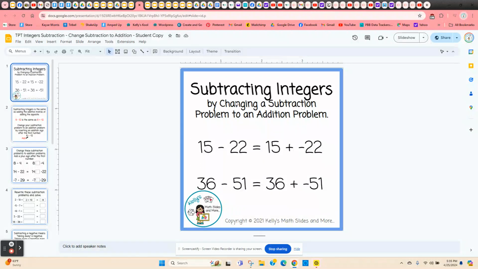Subtracting integers by changing a subtraction problem to an addition problem. This is a digital lesson,